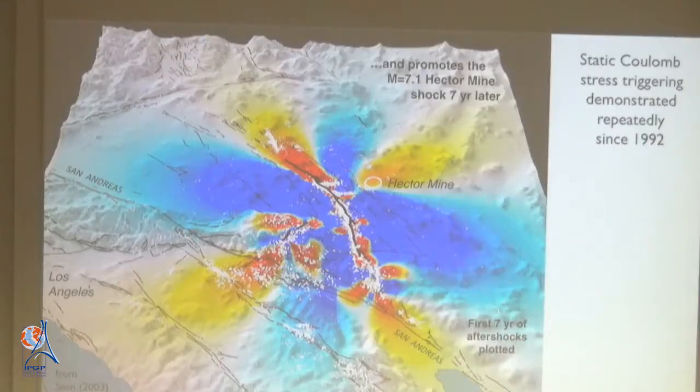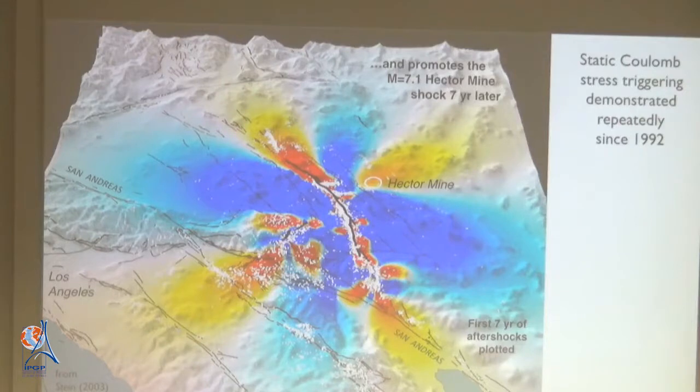now you could say, even then you say, well, look, I could have gotten lucky. I could throw a dart on this and I have about a 50% chance of hitting a red zone, right? But we have 10,000 aftershocks. And the vast majority of these aftershocks are also in the red zones. Now you could still complain. You could say, yeah, but you have some earthquakes in the blue zones. That can't be right. Because no matter how close it is to failure, if you ease the spring or you add another break, you shouldn't get earthquakes, right? So doesn't that falsify the hypothesis?